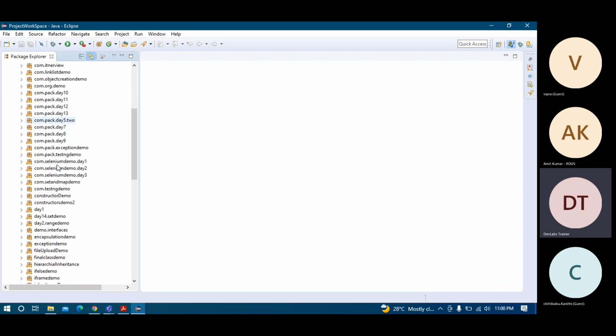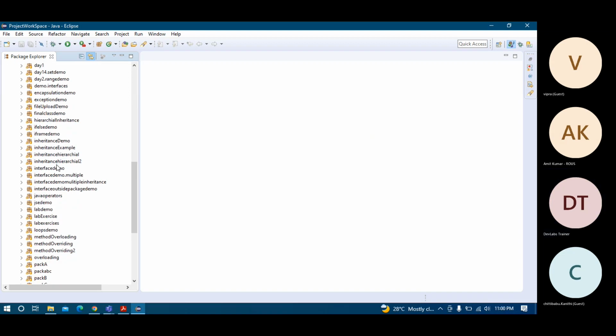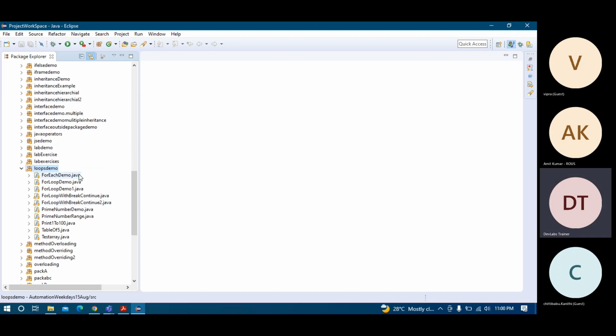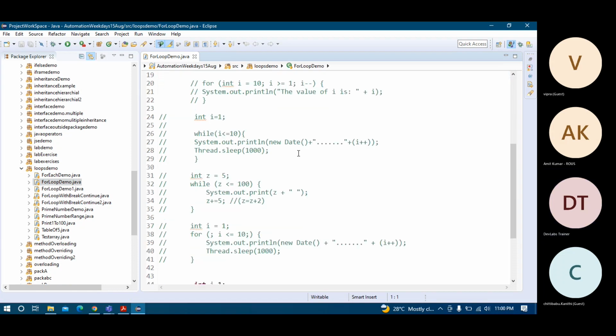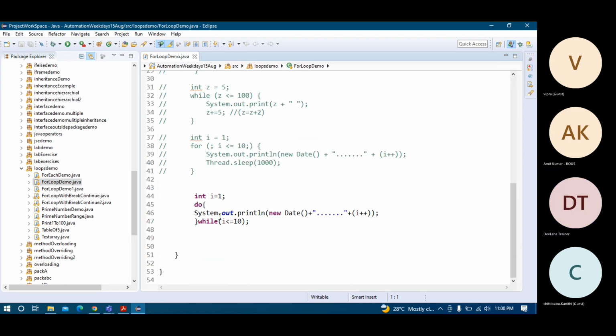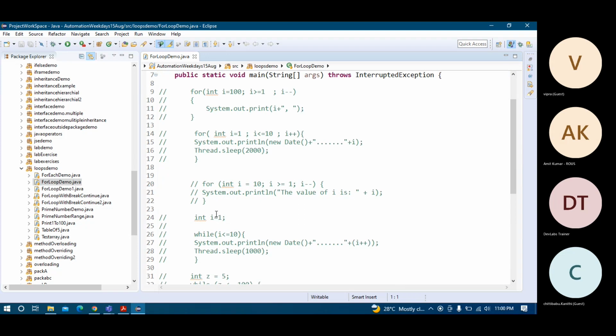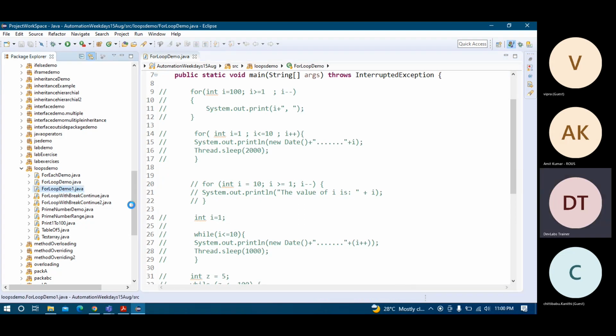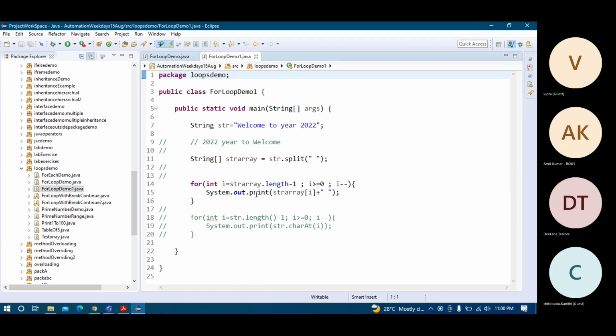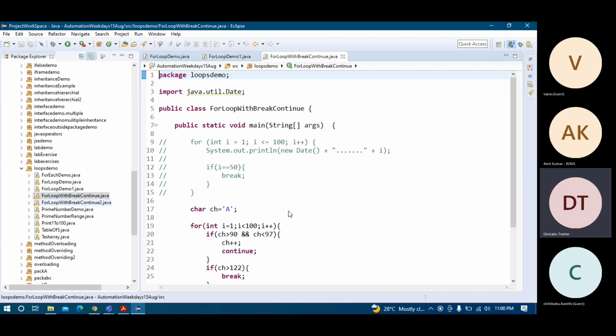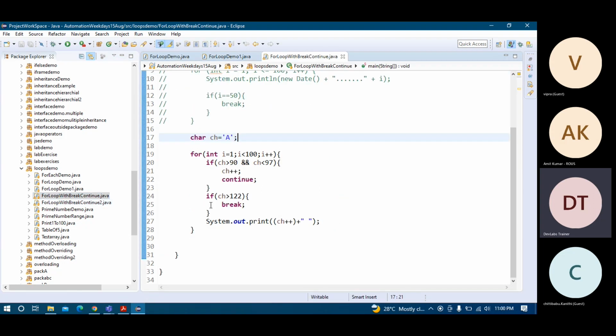So I'm coming to the for loop demo. For loop demo, we have gone through this example. So I was giving the demo on the basis of that. This is for loop with break, which I have shown you, and this was with continue. So continue, what will it do,